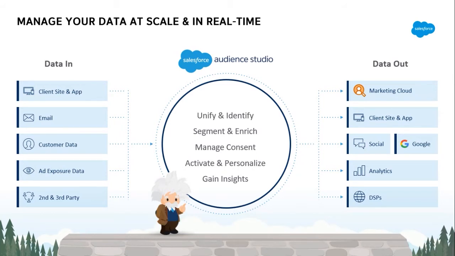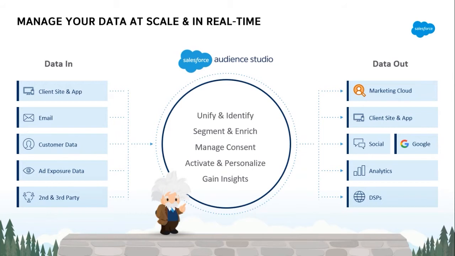Then we need to further go and activate that data and personalize the experience for the end customer. That's the place where, on the right side of the screen, data out comes into play, wherein we can activate this data and run these campaigns on the Salesforce Marketing Cloud in the form of first party data. We can personalize the end customer's experience on the web properties like mobile app and the websites in terms of showing the relevant content there. And we can also have it done on the social ads and the various DSPs. So all these business systems get connected and this experience gets personalized.